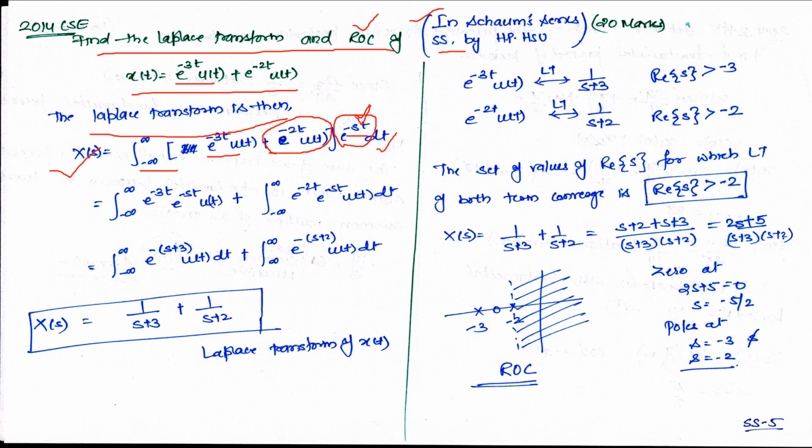Okay, so this e power minus st obviously will go inside the bracket and will get multiplied with these two exponentials, and you will find that e power minus 3t times e power minus st will lead to e power minus (s plus 3) t u of t dt. Okay, so that's the usual way of solving these exponential terms. And then if you solve it further, you will find X of s is 1 upon s plus 3 and 1 upon s plus 2.